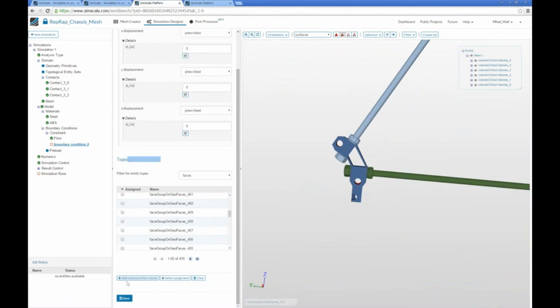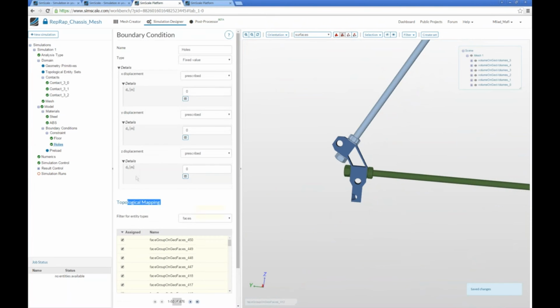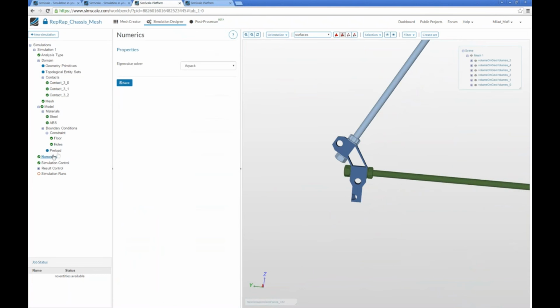Okay, here we go. Great. And this is done. So now finally we don't have to change any numerics, we don't have any preload,